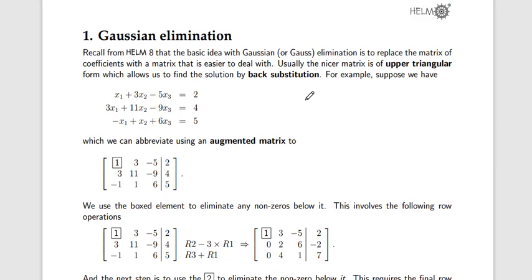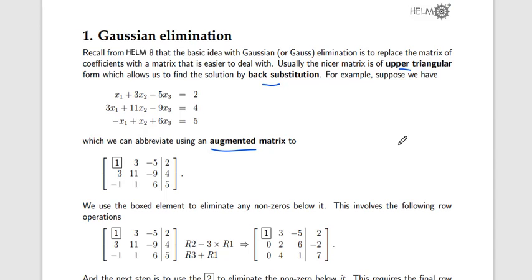In the last lecture, we discussed Gaussian elimination and how to solve linear equations with the help of the elimination method, and how to convert a matrix or linear equations into an augmented matrix. Then, after some mathematical operations, we transform them into an upper triangular matrix, and after completing the upper triangular matrix, we find the solution by back substitution, and that's how we find the solution of linear equations.